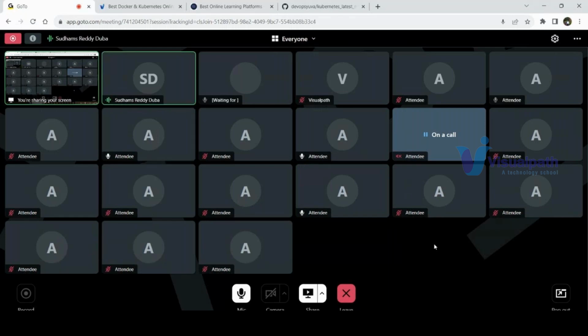Will this course help us in clearing AZ-400? Yes, absolutely. But it is theoretical questions. You have to understand the scenarios. I'll give you some sample questions that I have, so you can understand how the questions will be asked. My recommendation is you can prepare for CKA, Certified Kubernetes Administrator. That will help you a lot.